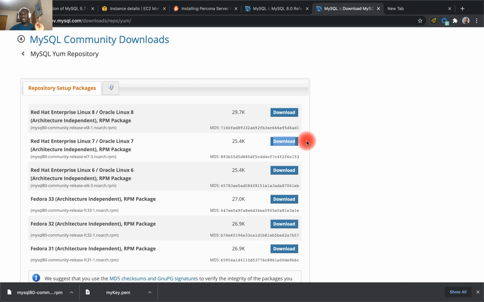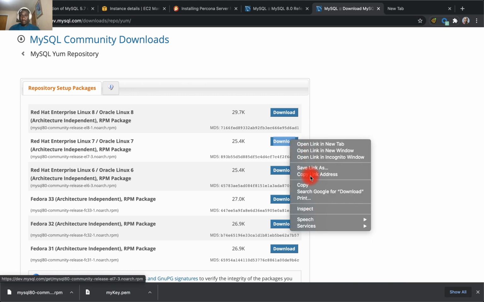In your case, you may have to sign in with your Oracle account, enter your user ID and your password. If you don't have one, you have to create a new one in order to download the repository for Oracle Community Edition. So let's go ahead and copy the link right here,